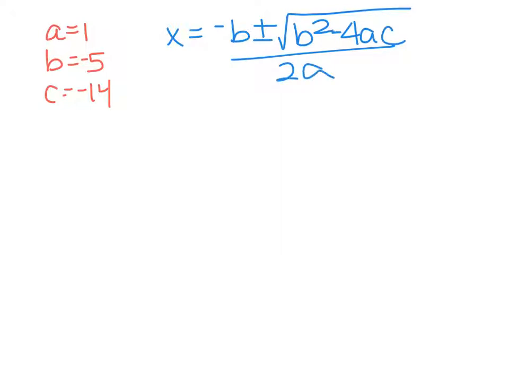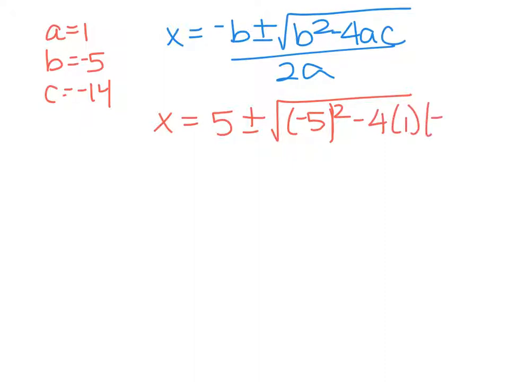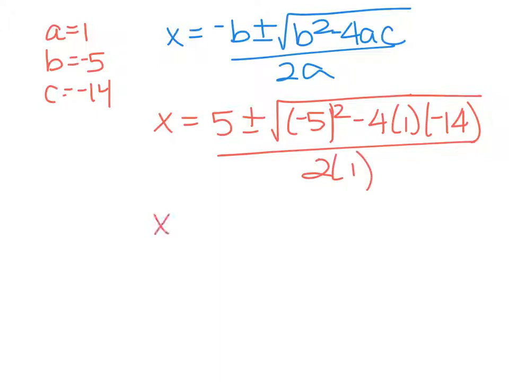And if we substitute in our values, the opposite of b is going to be positive 5 plus or minus the square root of negative 5 squared minus 4 times 1 times negative 14. And that's all over 2 times 1. And then that will simplify to 5 plus or minus the square root of 25